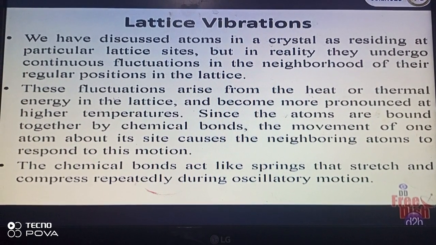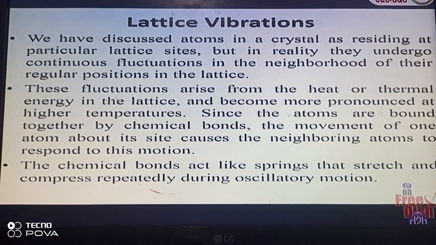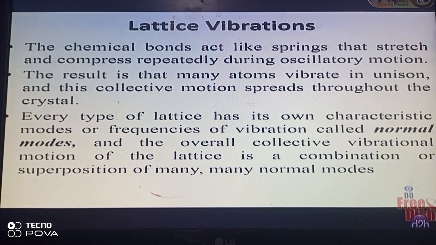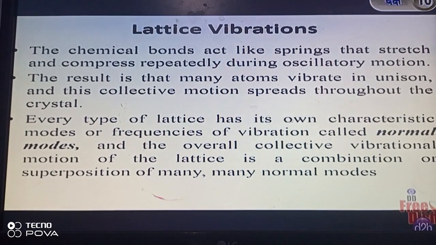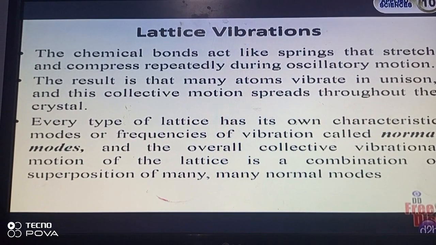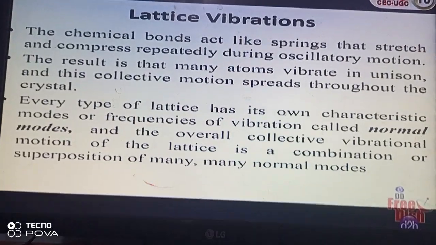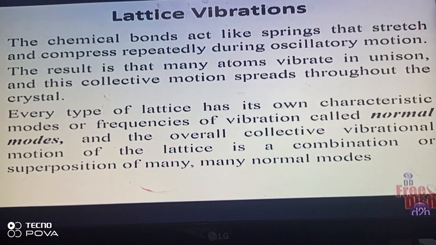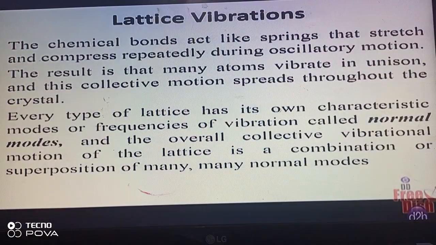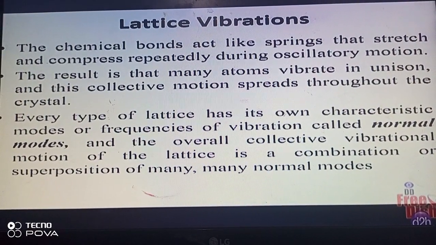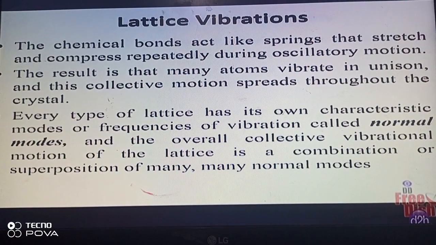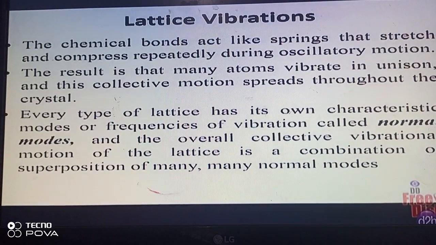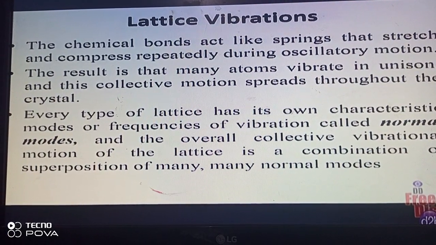So, in the oscillatory motion, the chemical bonds act like springs that stretch and compress repeatedly. Due to this, many atoms will vibrate, and this vibration spreads throughout the crystal. Every type of lattice has its own characteristic frequencies of vibration called normal modes. And the overall collective vibration motion of the lattice